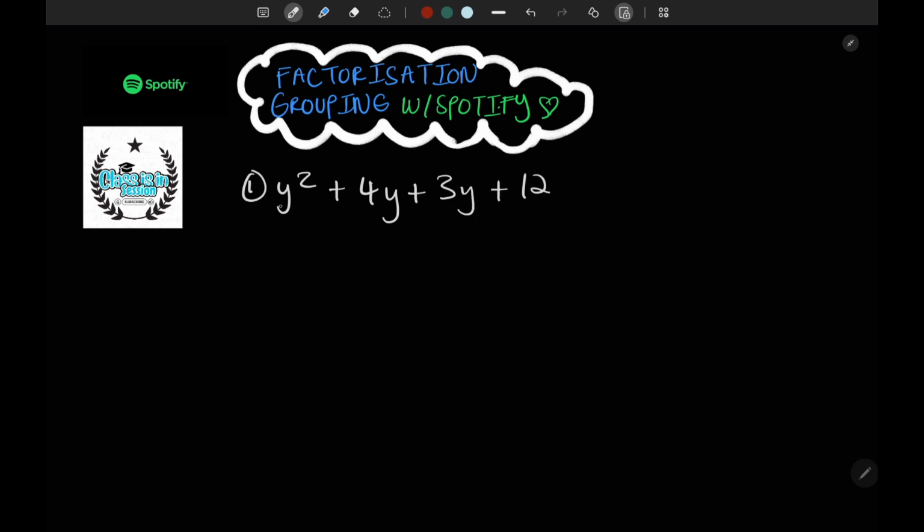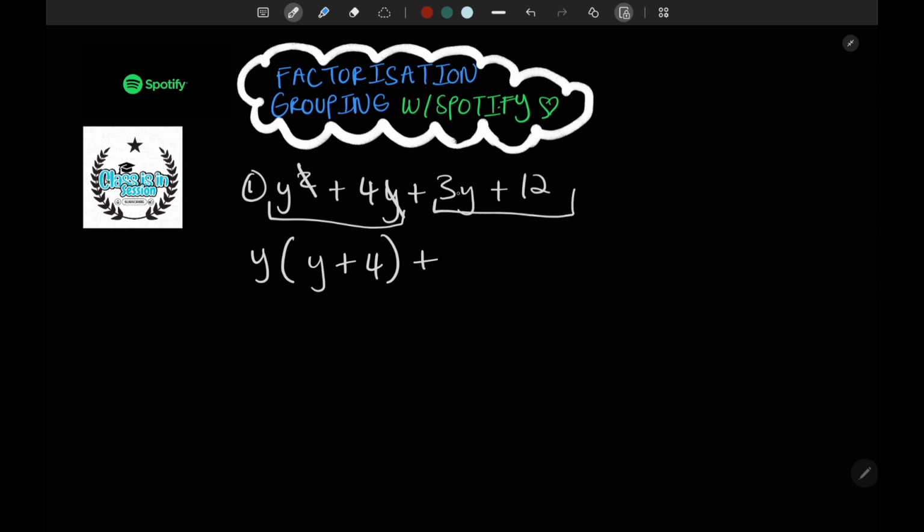To factorize this, you first start with the first two terms, y squared plus 4y. What is common here? Y. Open a bracket, you have y squared, take out 1, what are you left with? Y plus, we just write 4 as it is, then y divided by 1, by y, 1, plus, we have,